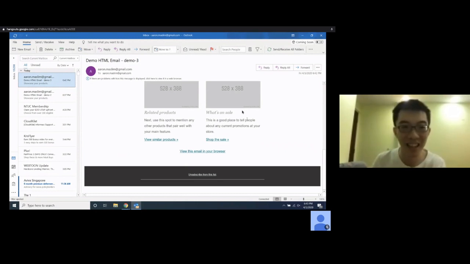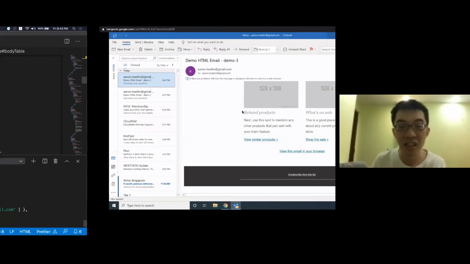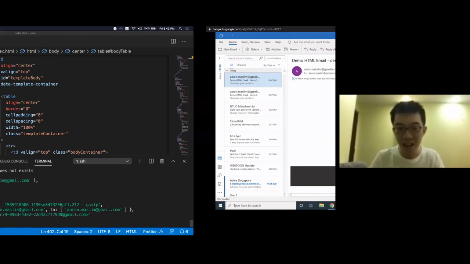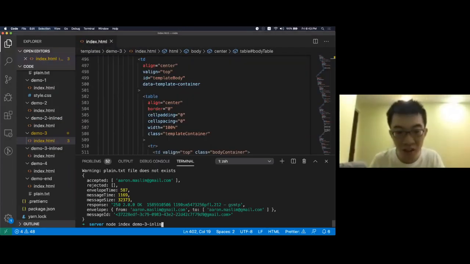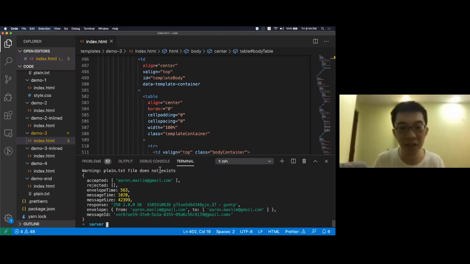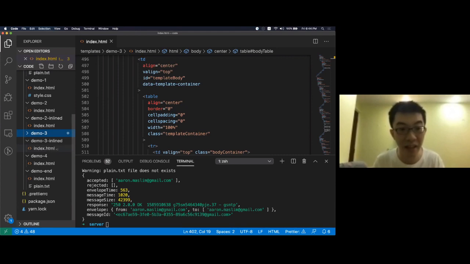Since I don't have an older version of Outlook, what I can do is send out another email that I have modified to show you how it will look in an older version of Outlook. Okay, which is this file. It's almost the same as demo3 with a little bit of styling differences just to show you how it will look on older versions. So it will look like